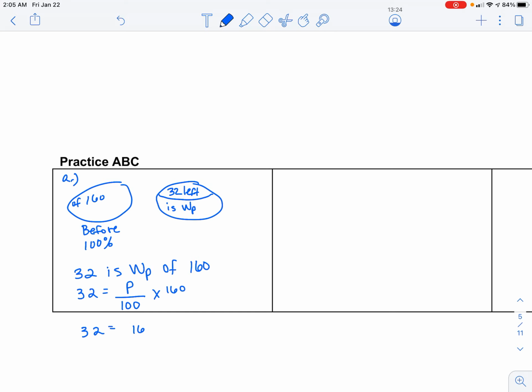You're going to end up with 32 equals 160. Actually, I can do some canceling here. So let's do some canceling so I can make this a little smaller. We can cross off those zeros. 2 goes into 16, 8, and 2 goes into 10, 5. Okay, so you're going to have 8 over 5 P